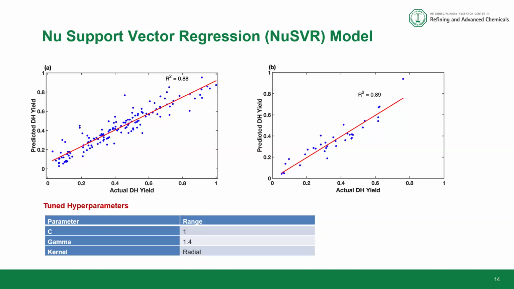When we tested the model on the training data, we got a 0.88 R-square value. And for the test data, we got an almost similar value, meaning the model understood the underlying patterns in the data set and was able to give almost similar performance for both the training and the testing.